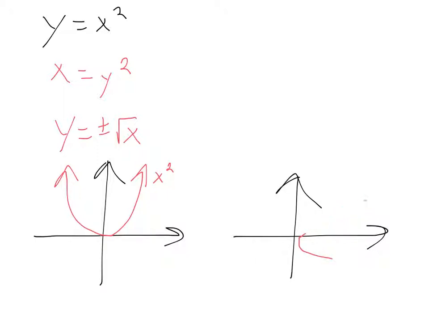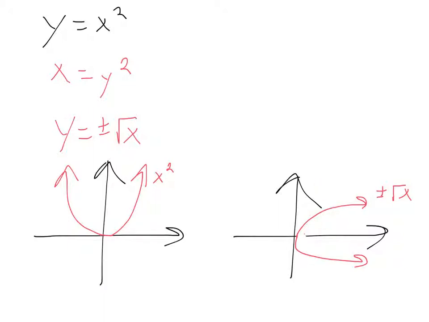That looks really bad. Let's try that again. We get the top part and the bottom part. And so that is the function plus or minus square root of x. And so my original function, x squared, doesn't pass the horizontal line test. The new function, therefore, doesn't pass the vertical line test and is actually not a function because it doesn't pass